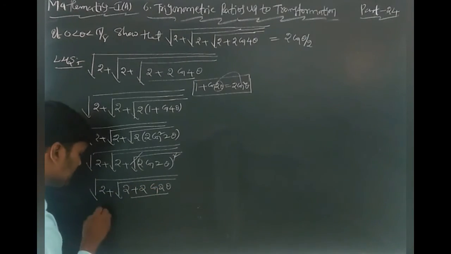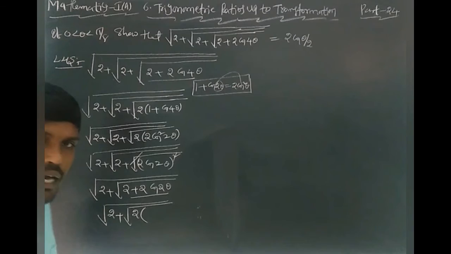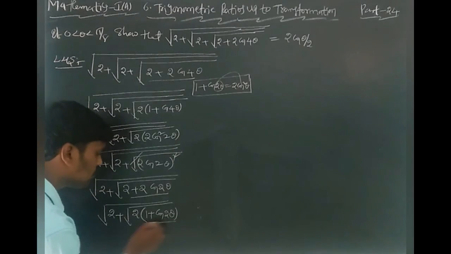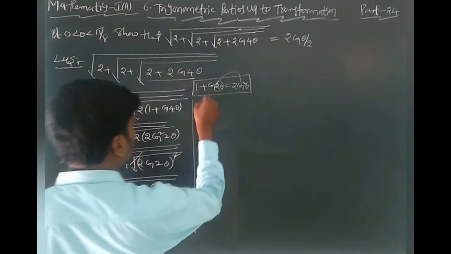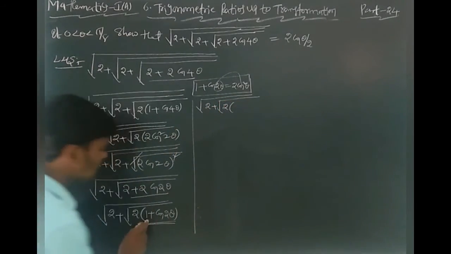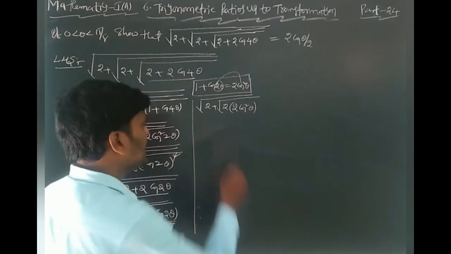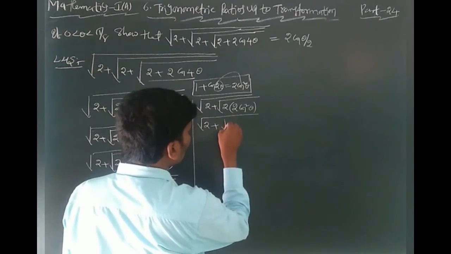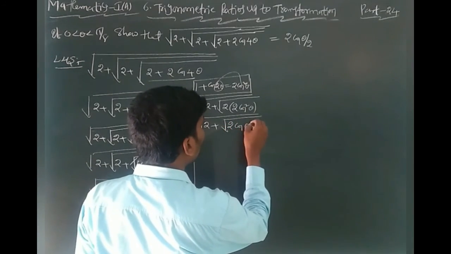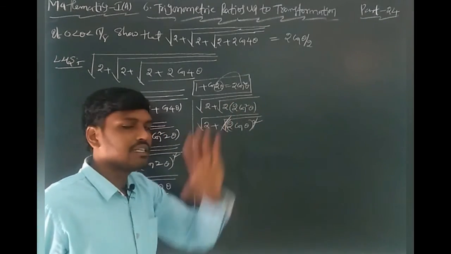In these two terms, once again which one is common? You can take 2 common once again. You get 1 plus cos 2 theta. What is the value of 1 plus cos 2 theta? You know that 1 plus cos 2 theta value is 2 cos square theta. So the square root of 2 plus the square root of 2 into 2 cos square theta. Next, the square root of 2 plus the square root of 2 to the 4. 4 can be written as 2 square, that is 2 cos theta whole square. The square root and the square get cancelled. 2 square value is 4 cos square theta. Cos square theta is there.